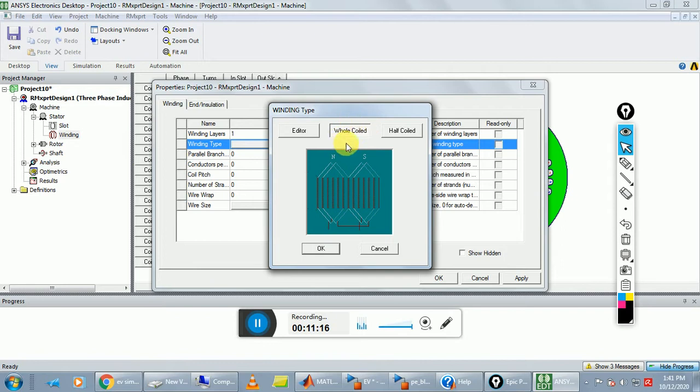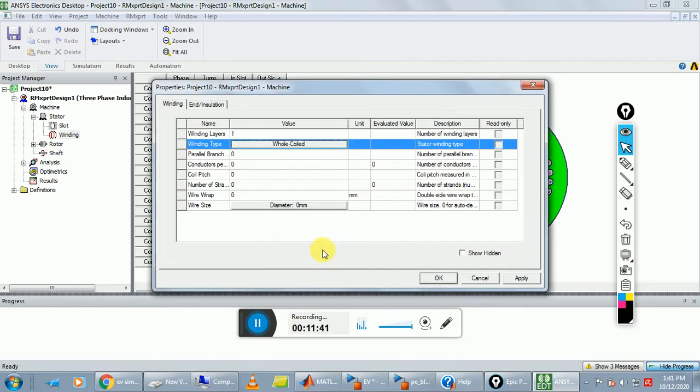Here in this software we have two types of winding, full coiled and this is half coiled. This is your full coil and this is your half coil, but here we use a full coil. With the help of editor we can design a winding. Select full coil and click on OK.